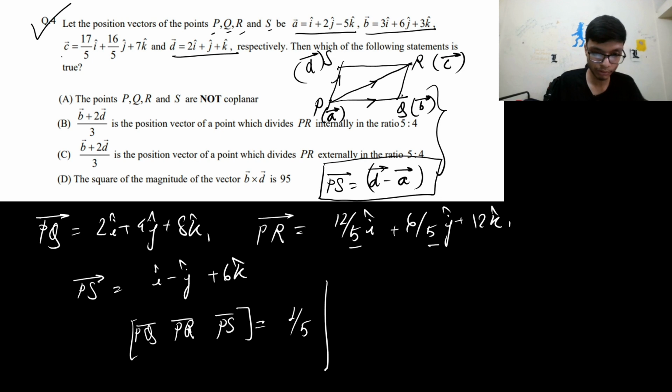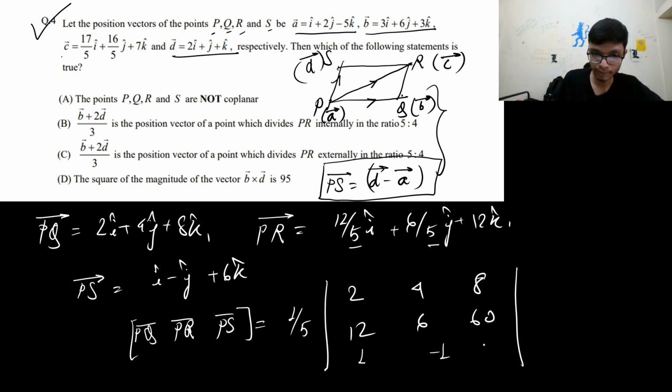Okay, so then we solve for the determinant value. It will become 2, 4, and 8. This will become 12, 6, and this will become 60. Okay, so that's what you have to remember. This will be 1, minus 1, and this will be 6. So if you solve for this particular determinant, what we can